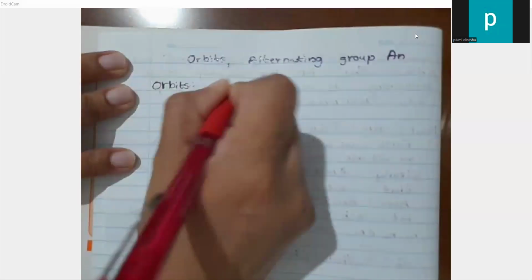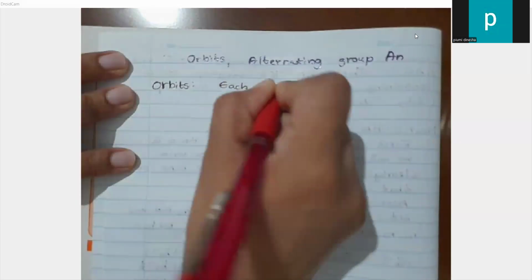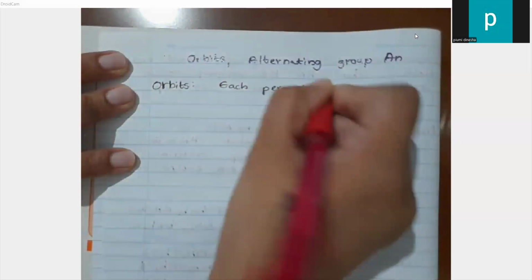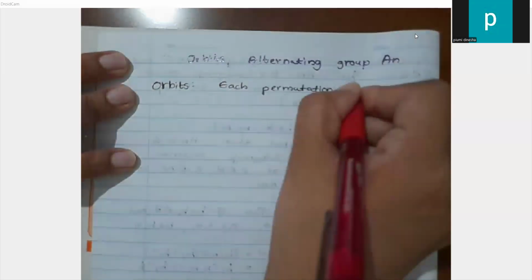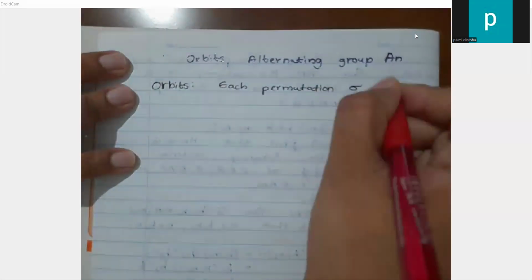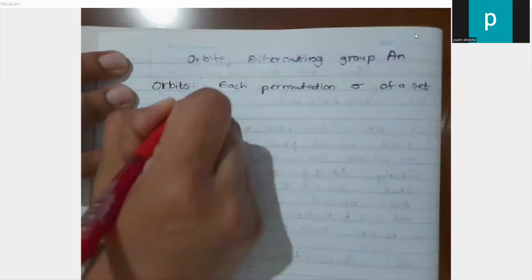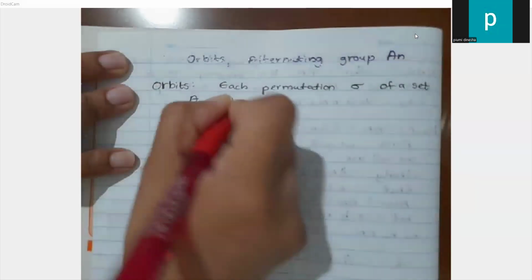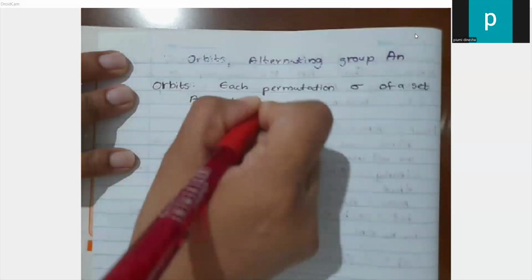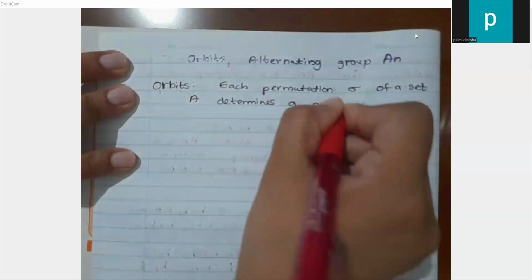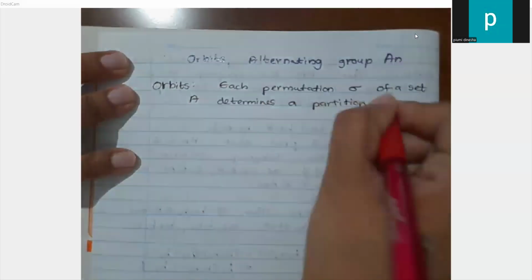So each permutation, let's denote this by sigma, of a set A determines a partition of A